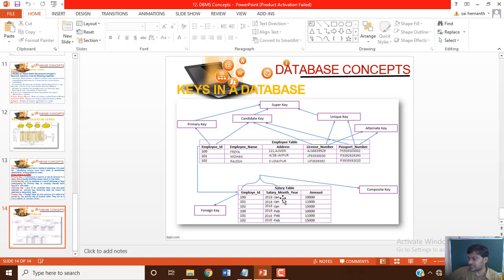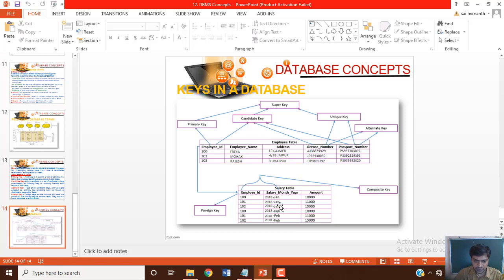Now in this salary table, the composite key, which is also known as a compound key. In this, one particular attribute, when you look at it by itself, doesn't have any key constraint, but it is used in forming a key together, which we call a composite key.